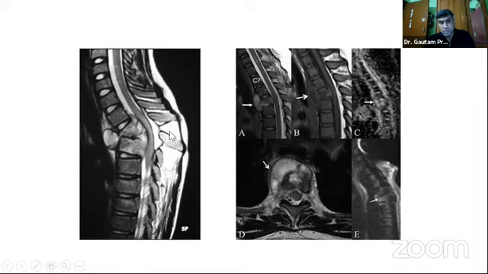And also we can appreciate that there is distraction of the interspinous ligaments. So that is appreciated at both the levels. And what we see over here is a collection. So there is epidural collection, and over here there is a prevertebral collection. So we can appreciate the prevertebral and epidural abscess, along with involvement of 3 vertebrae and distraction of the posterior